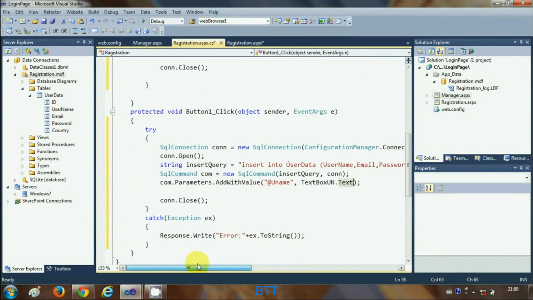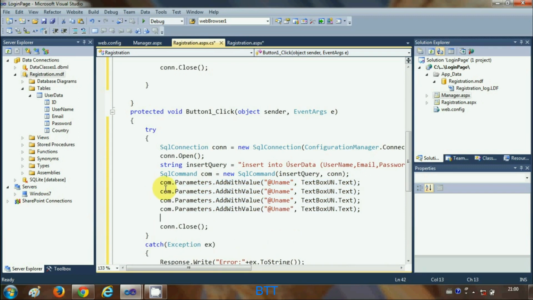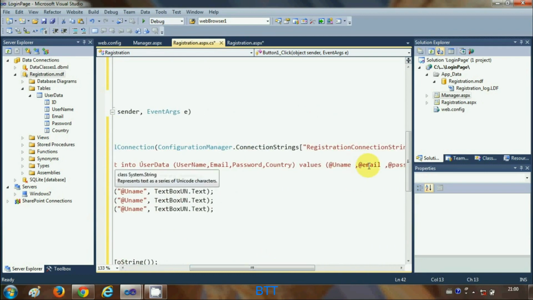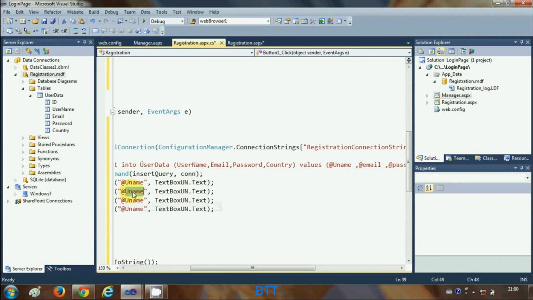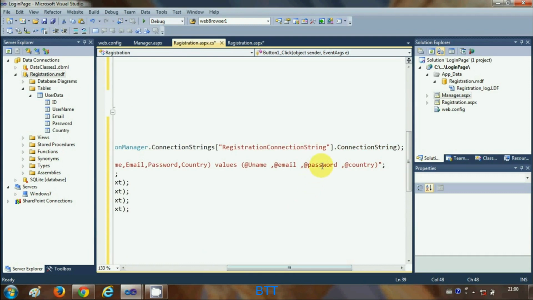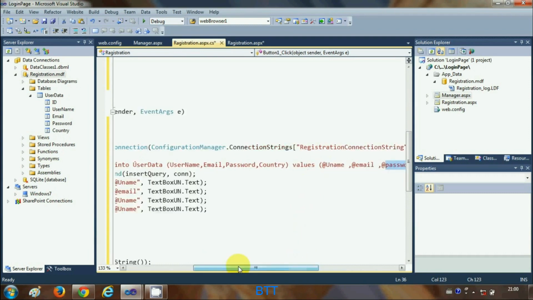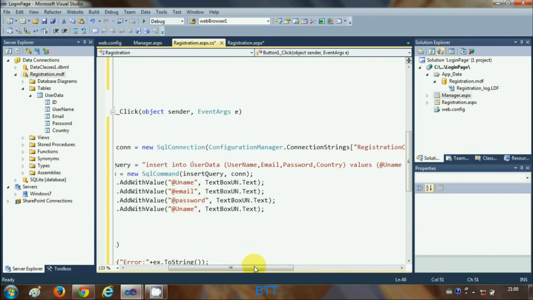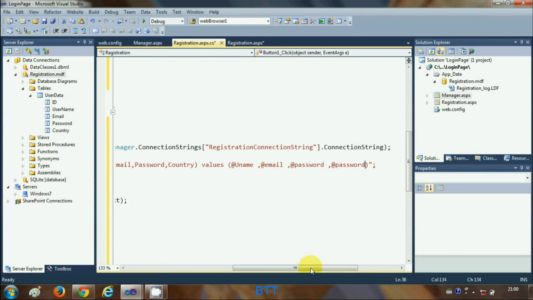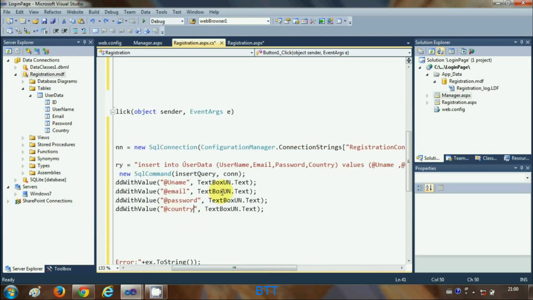.Text. Okay, so just write this, and in the same way I will copy this 4 times, because we have 4 text boxes, and I will just copy these fields. Second was @email, third was @password, and the fourth was @country. Just copy it,